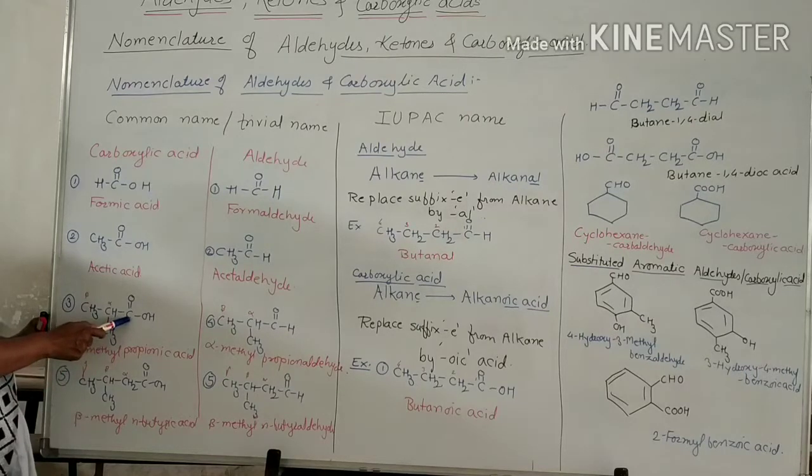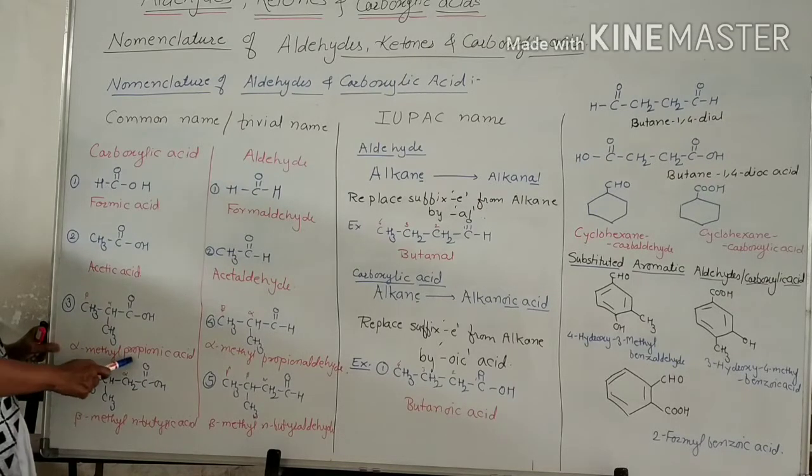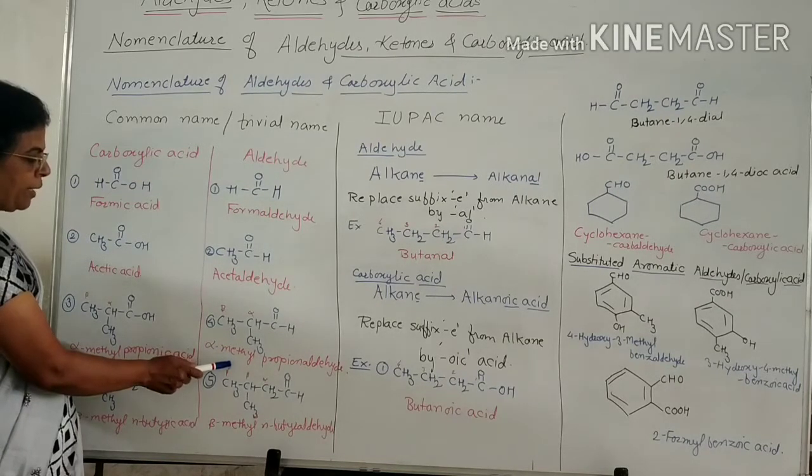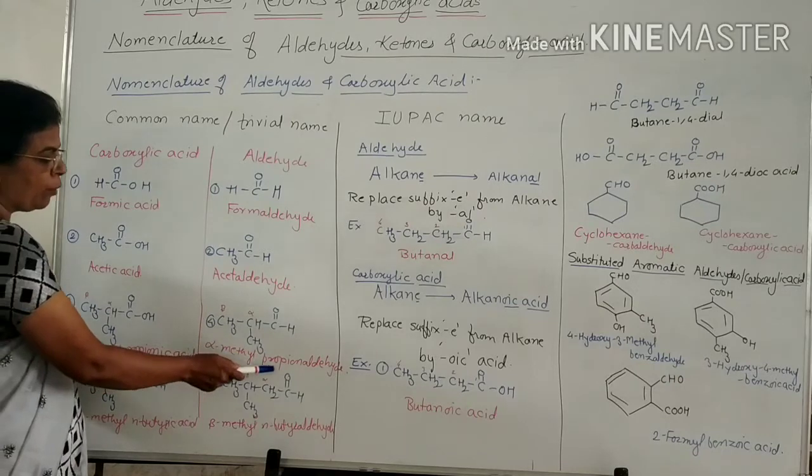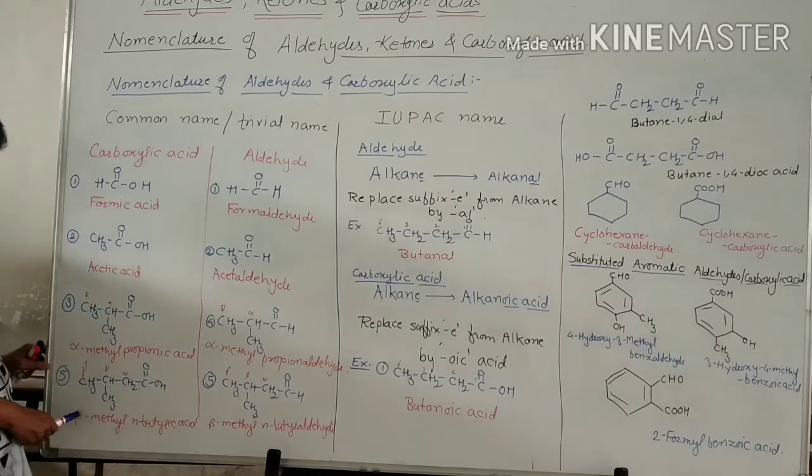Now here we can also commonly name this compound as follows. Here this is carbonyl group, which is attached to alpha carbon atom, and this alpha carbon atom is branched to CH3 group, that is methyl group. Therefore, this is alpha methyl. And now here there are 3 carbon atoms, therefore it becomes propionic group, and therefore common name of this compound is alpha methyl propionic acid. Name of this aldehyde becomes alpha methyl propionaldehyde.